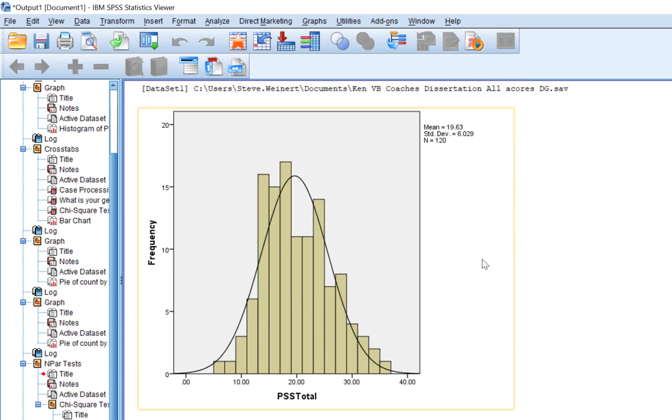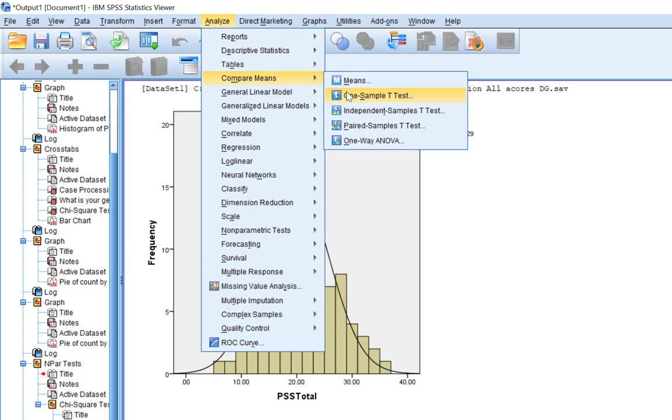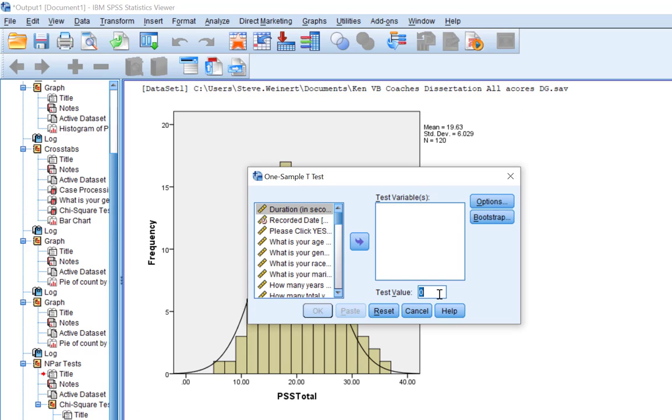Your data looks pretty normal. There's something called a one sample t-test, which compares against the test value. So it compares your population to a test value. Okay. And if we knew what the normal distribution was, or what the expected means are from that table, it should be like validation or